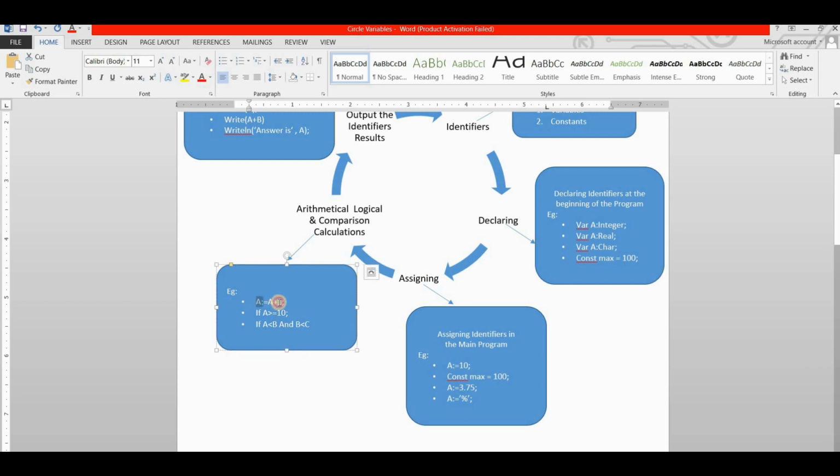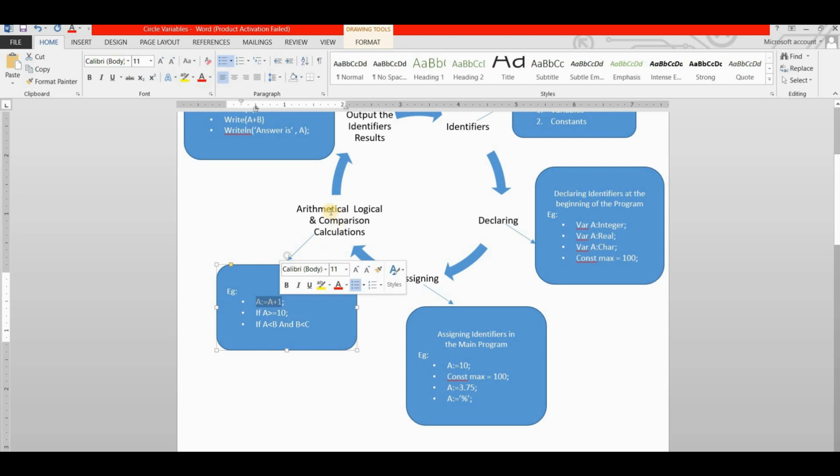Arithmetical is simple mathematics, or arithmetical operators used. Here I am using a is equal to a plus 1, and here, if a is greater or equal to 10, a comparison,